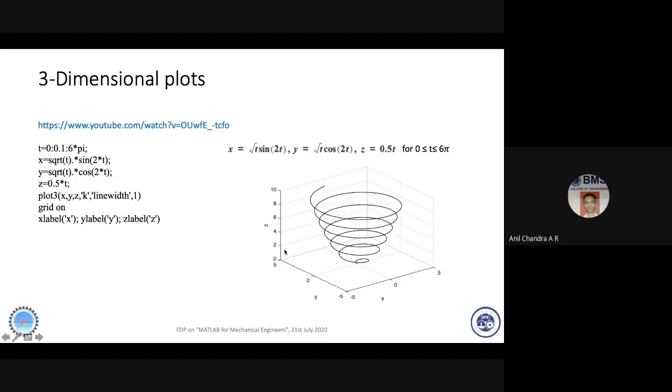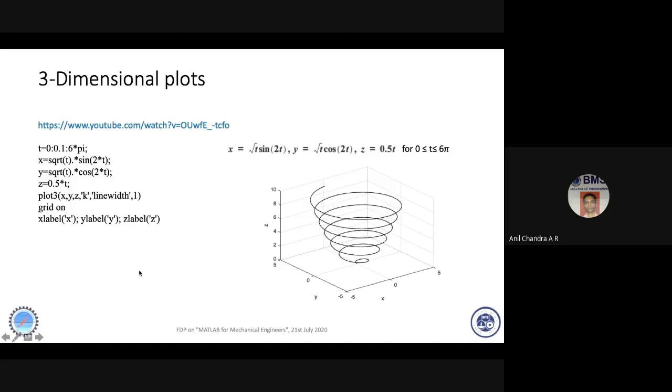There are so many engineering problems. You can think of the change in stress strain curve with respect to temperature, or the change in the projectile of the particle with respect to the wind velocity. You have so many problems which will require you to plot in 3D.